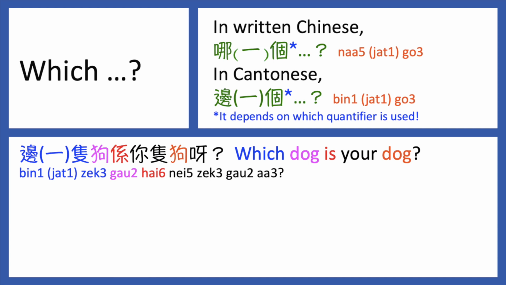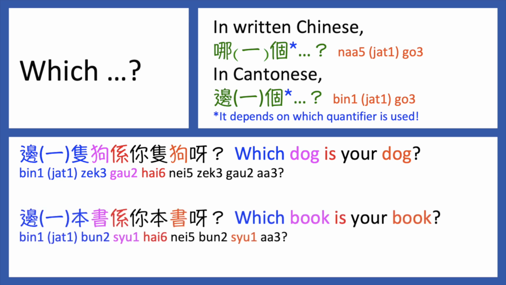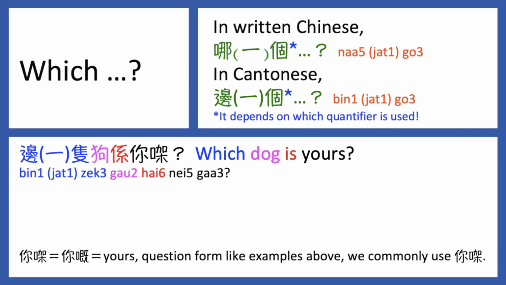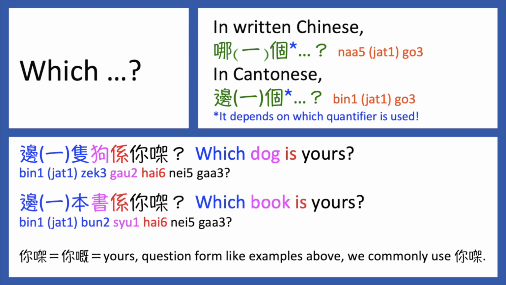邊一隻狗係你隻狗啊？邊一本書係你本書啊？ This format is quite tedious, so we can shorten them to the following questions. 邊一隻狗係你㗎？邊一本書係你㗎？